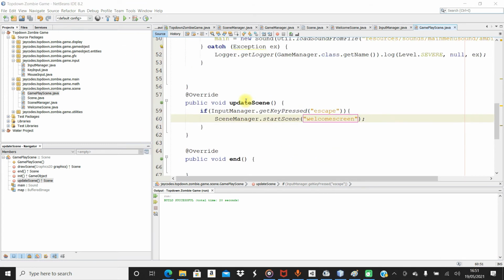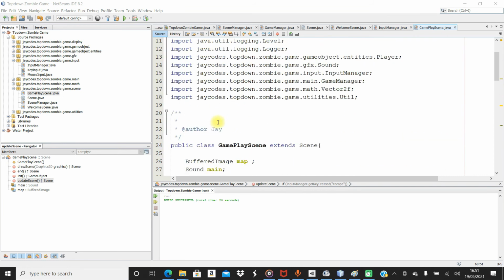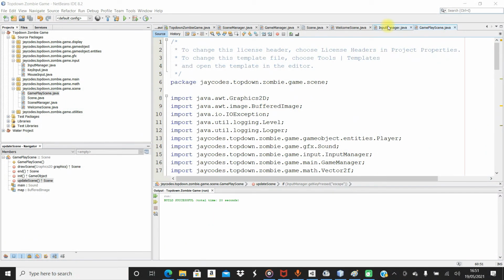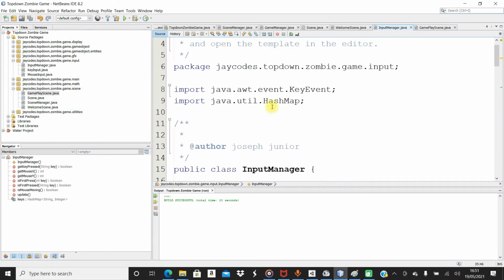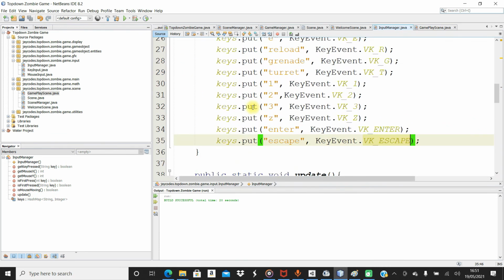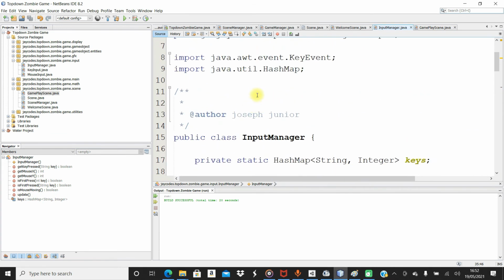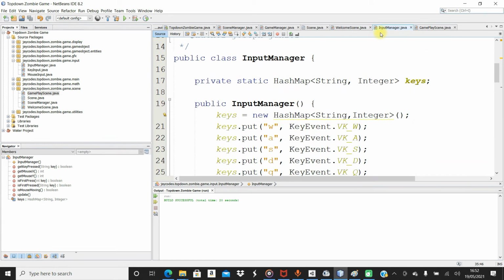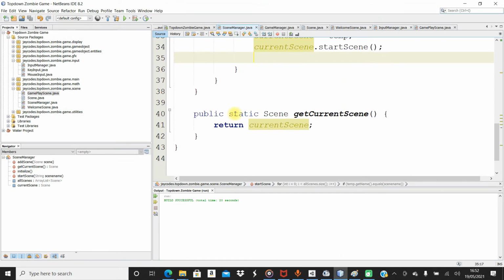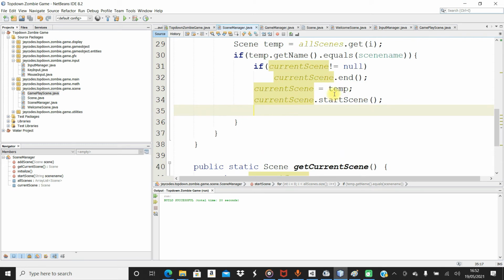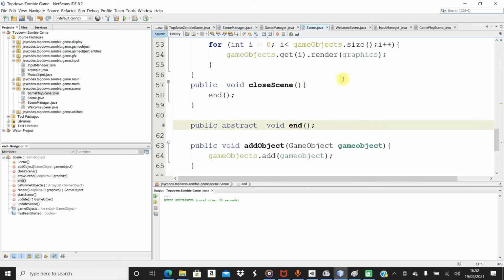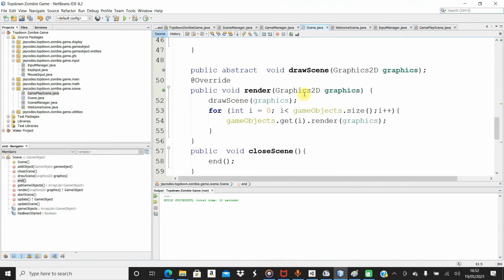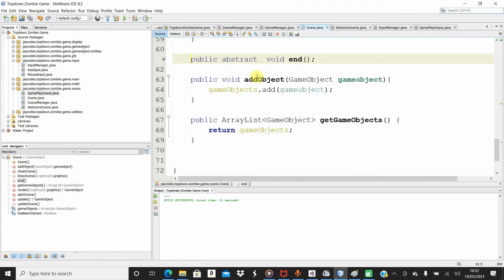So what we're trying to fix now is that we're not resetting the scene when we call the end. We need to reload the scene when we end the scene, because the scene manager was there. We're gonna call the end method, current scene end. So what do we need to do? We're going to, when we call the end method in here, number one, I think